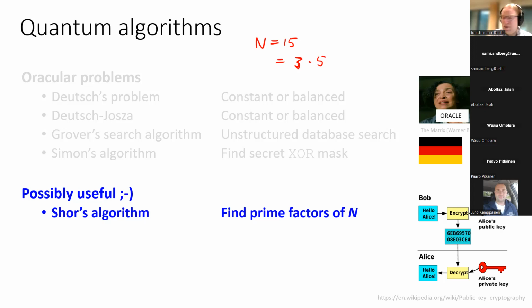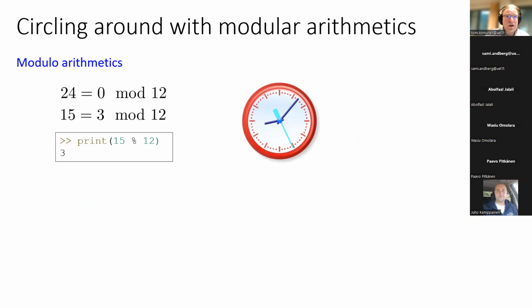But here we're not going to be discussing the cryptographic protocols. That could actually be one topic for your project if you are not sure yet how to find one. But let's talk about Shor's algorithm. I promised to give this explanation in 3 minutes, and then next week we can continue with more details. I just want to sketch the idea of how this works. So we have to talk about modular arithmetic first.